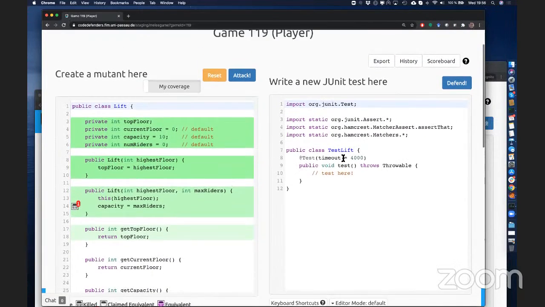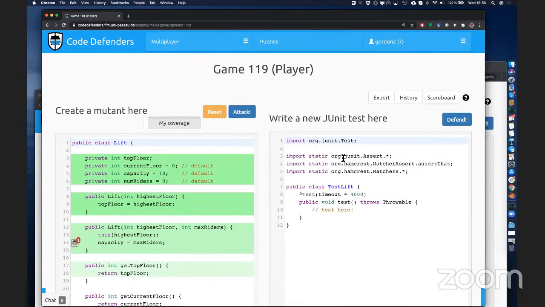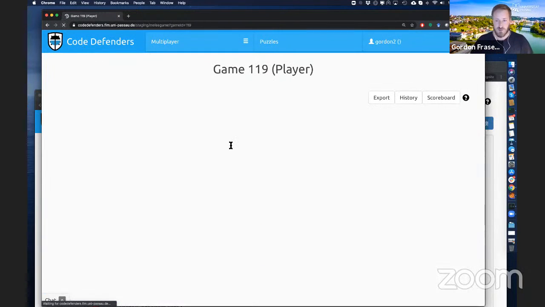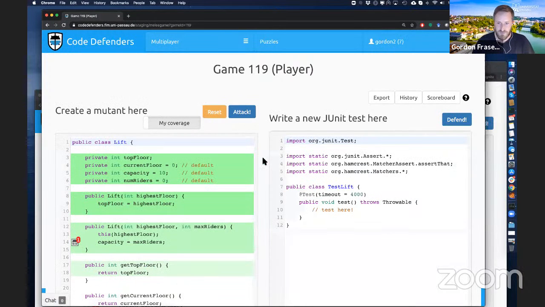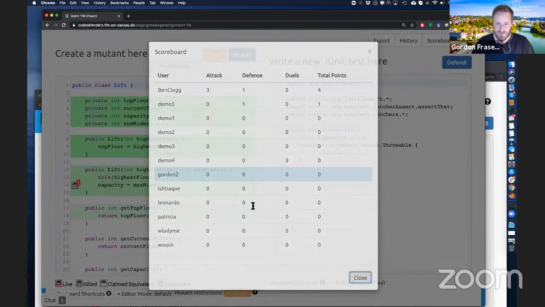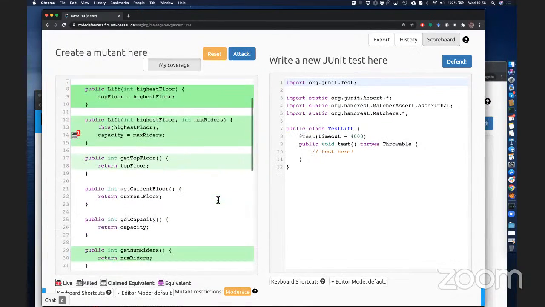Okay. And then after you submit one, and then you need to make another one, no? Exactly. You can produce as many mutants and tests as you wish. And well, you haven't scored any points yet. Mm-hmm. So we'll need to,